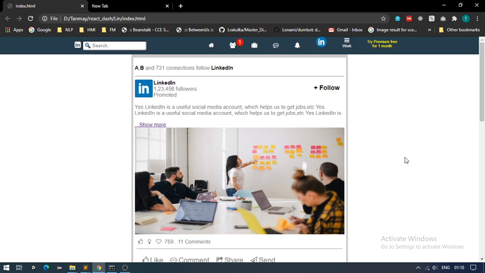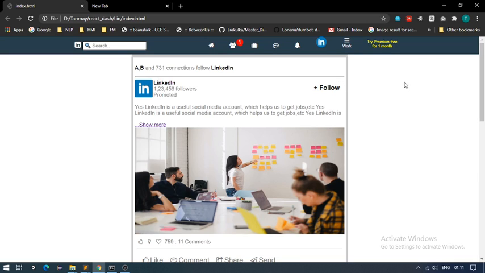So yeah, this is what I have designed, and you might be asking where are the other divisions, like the messaging and all, which were located at the bottom. This is just a starting point. If you reach this point, then obviously you are going to get an idea of how to design the other components of this website. This is just for demo purposes, and this is not the exact copy of LinkedIn. I have modified the icons and all. You can try to do it yourself, and if you are looking to make your own website, then this can be a basic starting idea of how you can proceed.